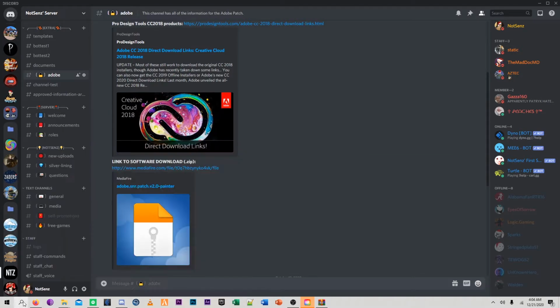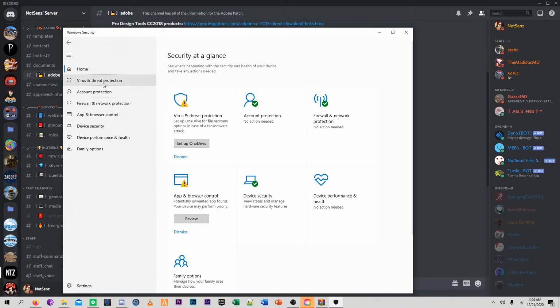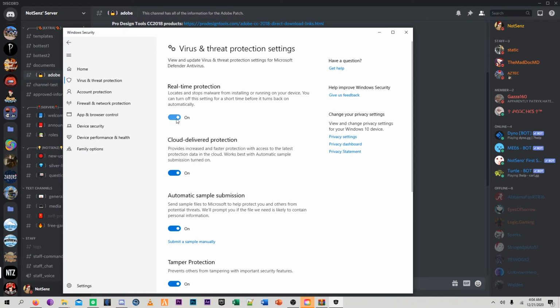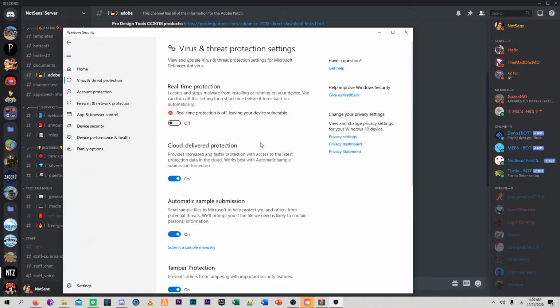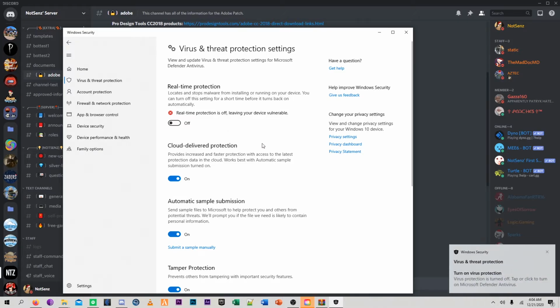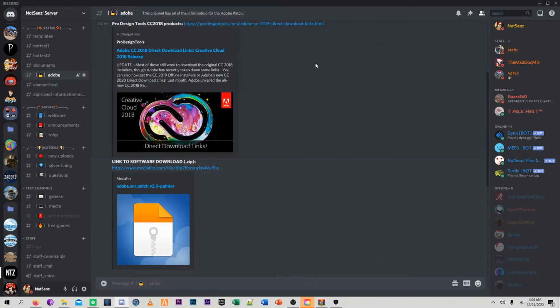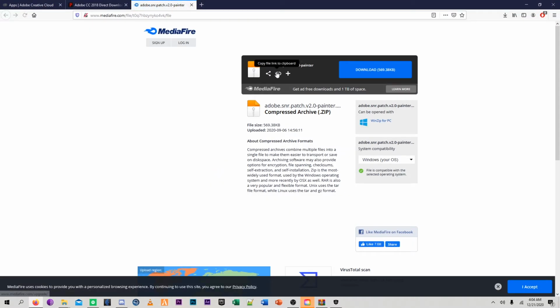So you want to go to your security settings, and then go to virus and threat protection. After that, under the category that says virus and threat protection settings, just click on manage settings, and then turn off real-time protection. Once you do that, it'll say your virus protection's off, and you can just turn this back on whenever you're done with this. That's completely fine. But what we're going to do is just go ahead and install the